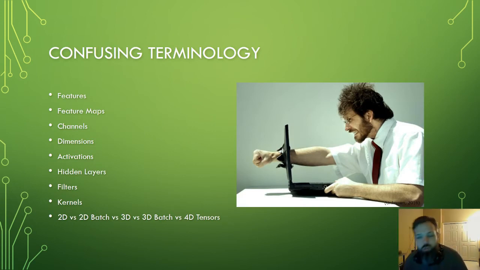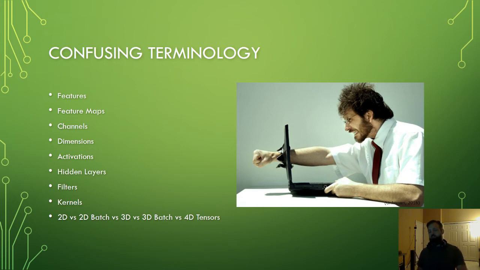So on to that confusing terminology. Again, this was one of my biggest stumbling blocks with dealing with convolutional neural networks. So you're going to see people refer to features, feature maps, channels, dimensions, activations, hidden layers, filters, kernels, and 2D versus 2D batches, 3D versus 3D batches, and 4D or even 4D tensors. So a feature,